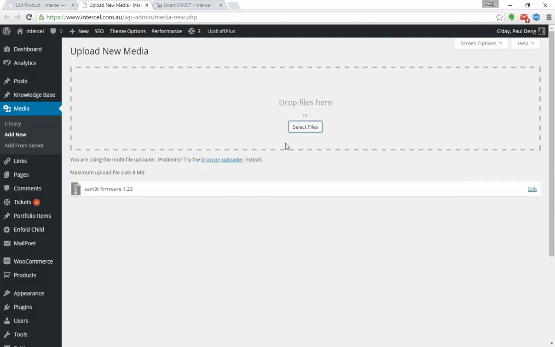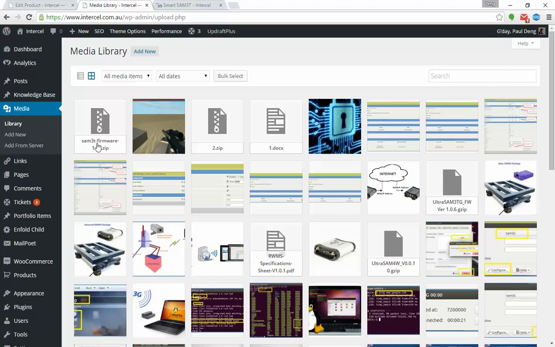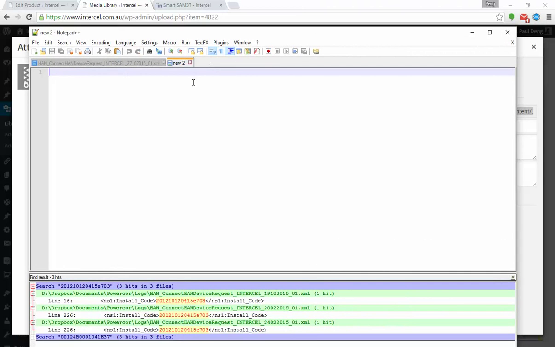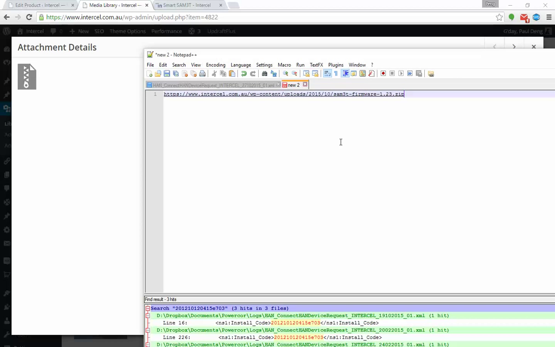Okay, now you have that. You can simply go into the library and it will show you that you have this SAM3T firmware 1.23.0. Click on that. It will give you the URL, which is the actual link to this file. So we need to use that. So open up a notepad and put it here. So that is actually what we need to share with the customer,